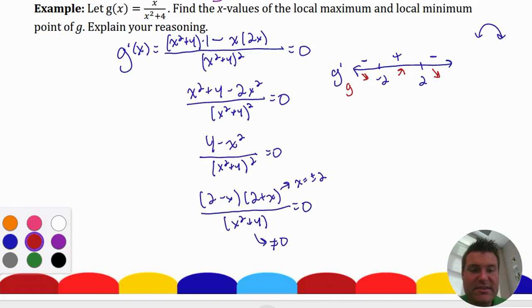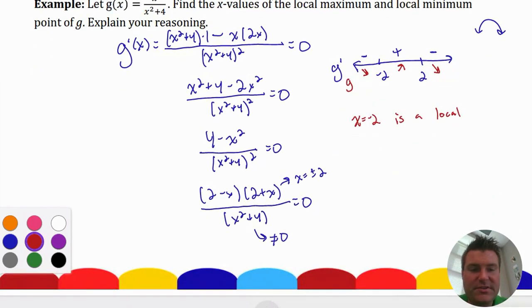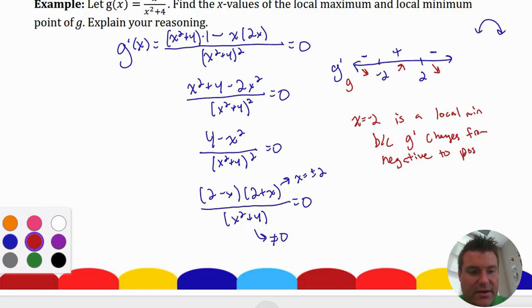And I want the x values. So x equals -2 is a local, or relative, doesn't matter, it's asked for local stuff, so I'll do local. A local min, because g prime changes from negative to positive. And that's going to justify our local min. Okay? And then we have a local max here at x equals 2. So x equals 2 is a local max